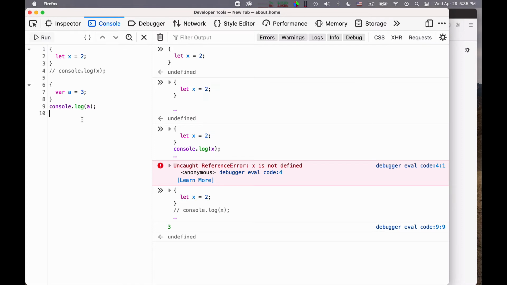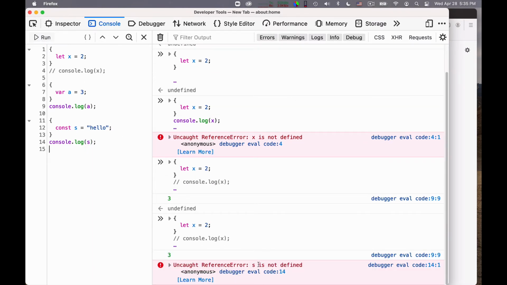There is a third thing you can do in JavaScript. You can use constants. So I can say const s = "hello", for instance. And if I do this, again, the scoping is local. So here if I do console.log of s, I will also get an error. Let's see. Yes, s is not defined. So const and let are the modern way of doing it. Const is for declaring constants, let is for declaring variables, and the scope is the code block.